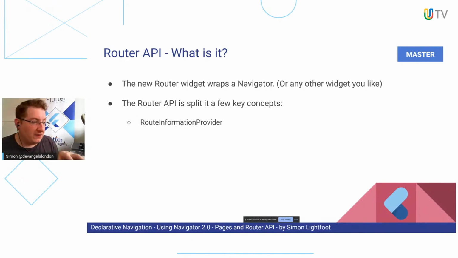Another point to mention here is the router widget can be nested. So like nested navigators, again, we don't have to use Navigator, but you can have nested routers and they can interact. Again, you would have a provider on your nested one that provides, obviously not the system level route, but the sub route. That's how you can provide a nested routing behavior. So in that situation, if you're using a nested one, then you want to provide null. This parameter is null.